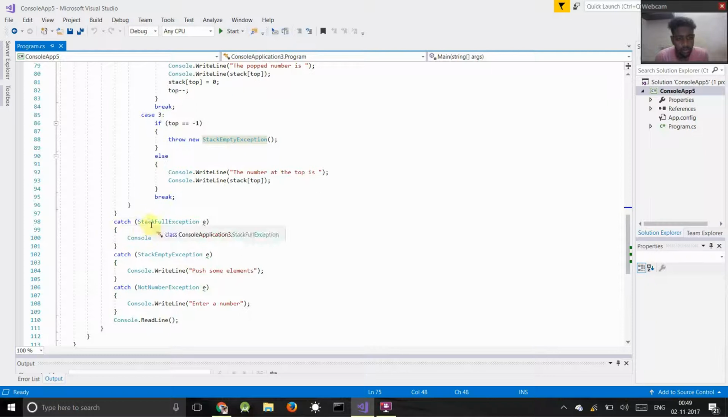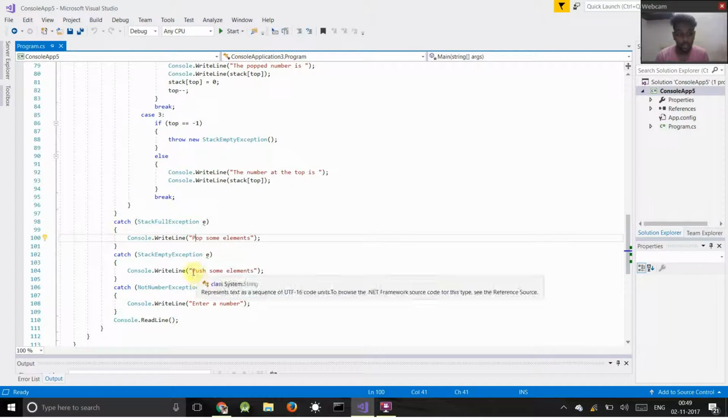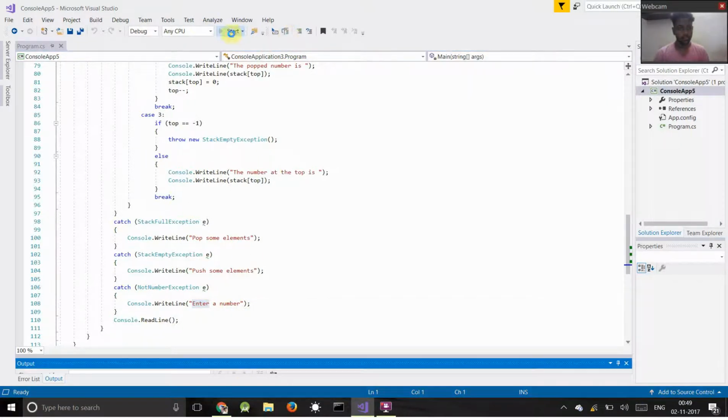So here is the message for stack full exception, which is pop some elements, and here is the message for stack empty exception, which is push some elements, and here is the message for not number exception, which is enter a number. So let's run the program,